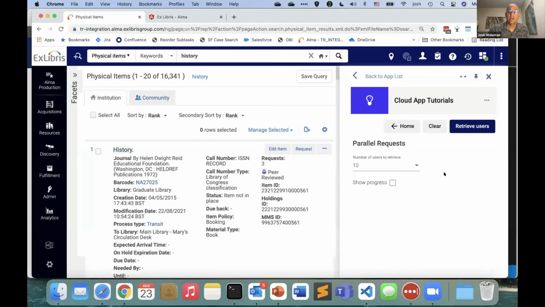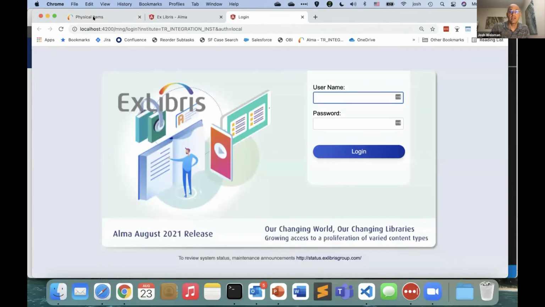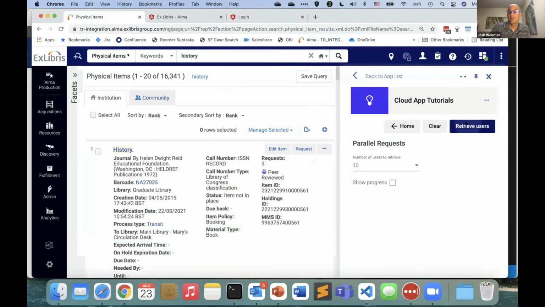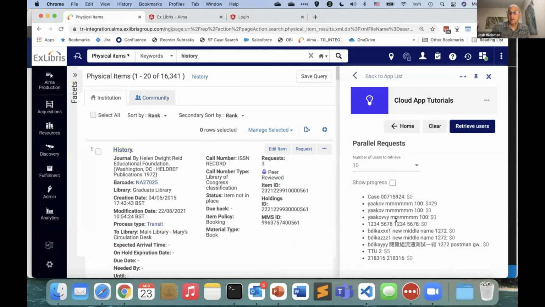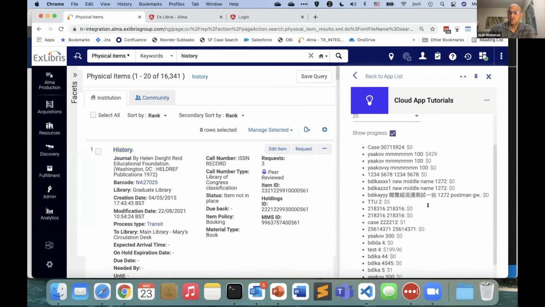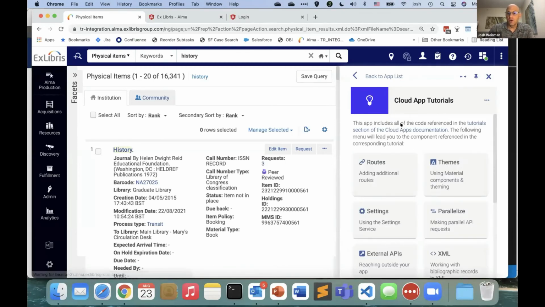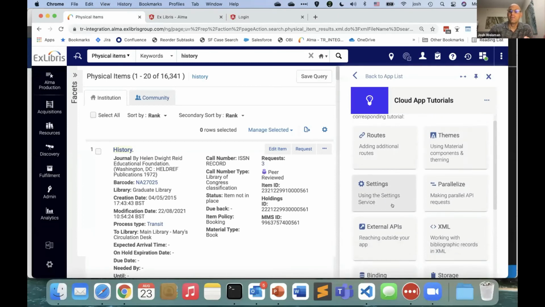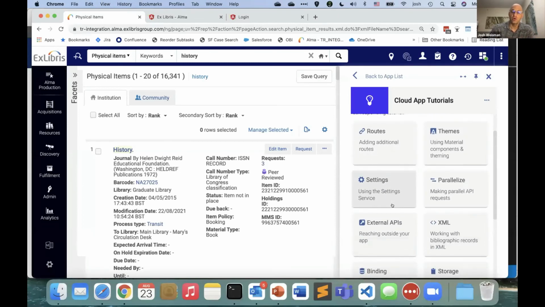Often I want to be able to do multiple API requests simultaneously, and that is ready for me to see. So this shows me how I can make parallel requests. It shows me how I can show progress as I'm making these requests. So again, it's not doing anything amazing, but hopefully it's showing you